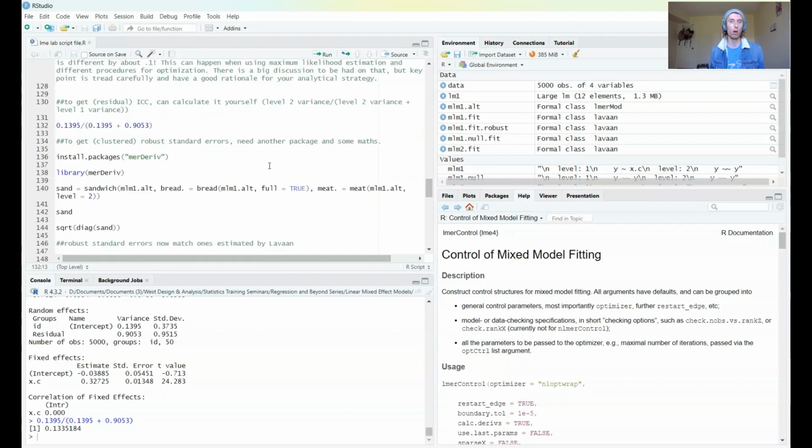Now, if we want to get robust standard errors, it takes a little extra work. So again, that's why I tend to like something like the lavaan package, because it makes things really easy for us. Now we're going to get